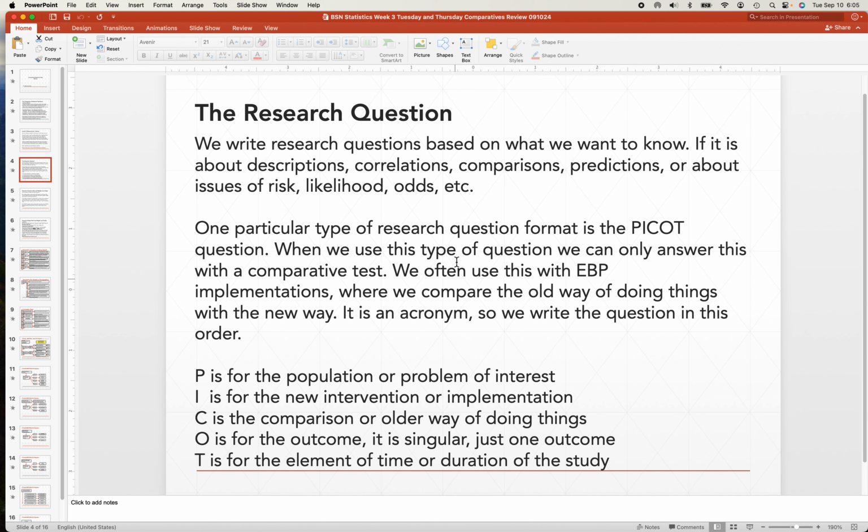So what I'd like to do is go over an example of how we use this. We'll start off with a research question. That's where I always start. And because this will come up again for you, we'll talk about PICO questions. So we write questions based on what we want to know. If it's about descriptions, correlations, comparisons, predictions, or about issues of risk, likelihood, odds, etc., we write a question based